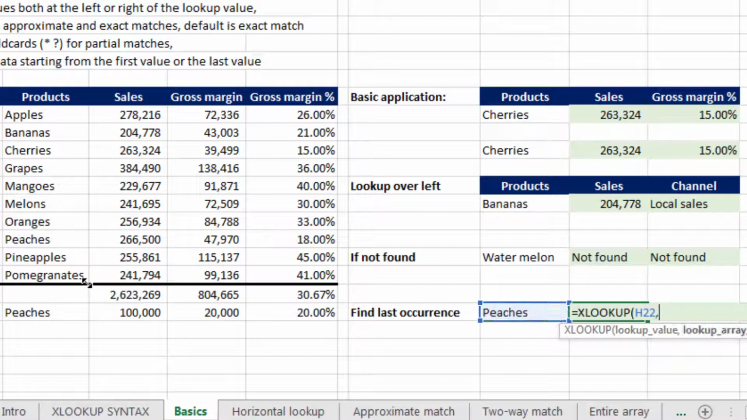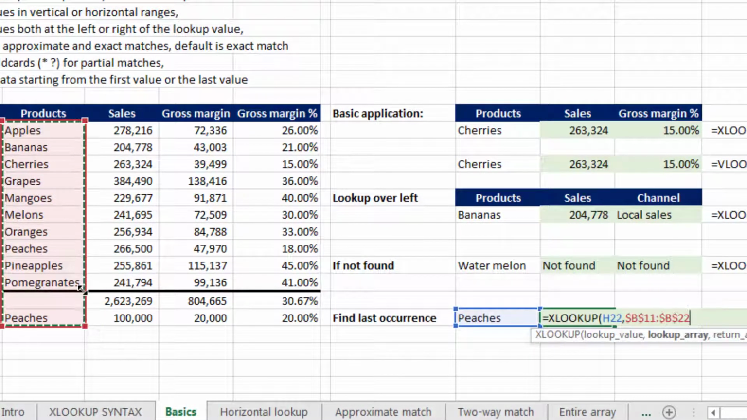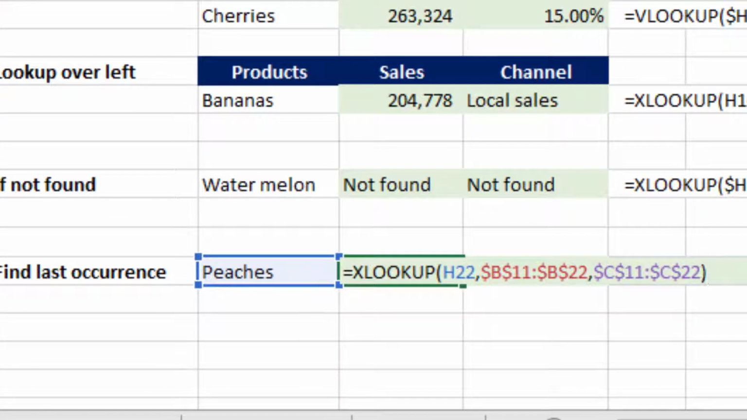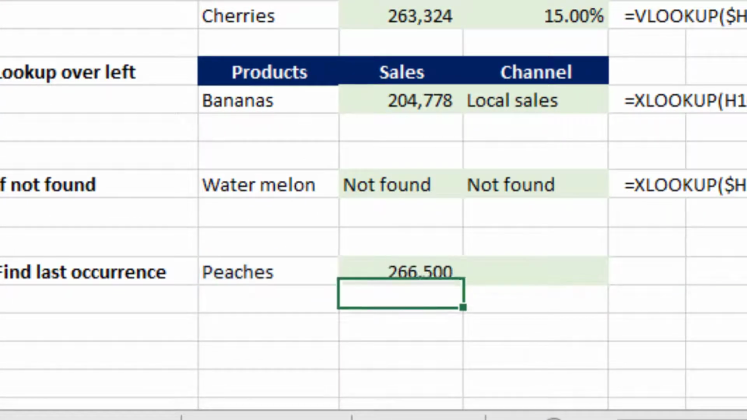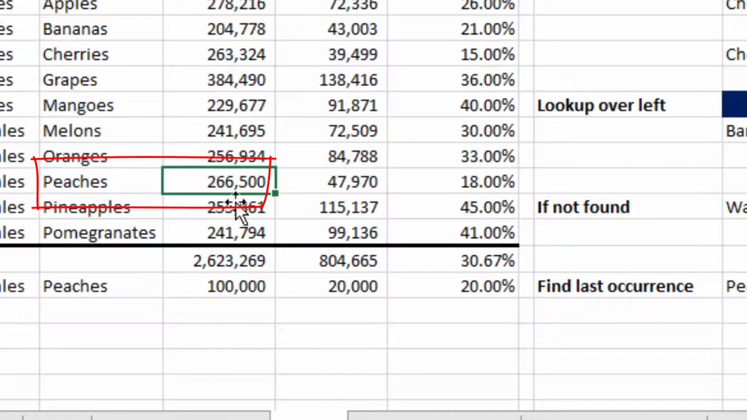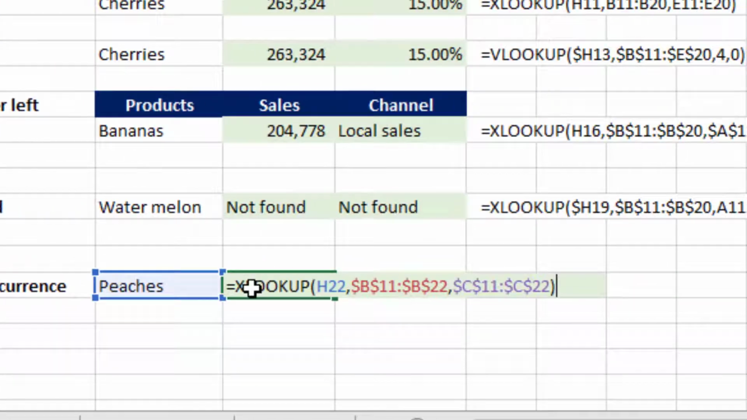XLOOKUP peaches, and the lookup array, let's lock it up, and for sales, if I just close the formula here and press enter, I will get the first value of peaches, which is 266,500. If I want to have the last occurrence in my answer, then I will have to modify the formula,